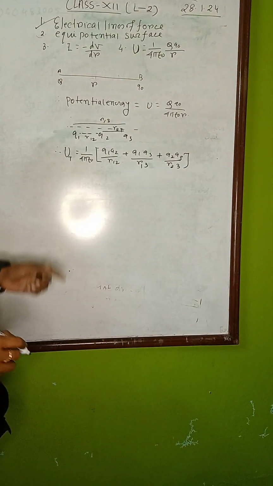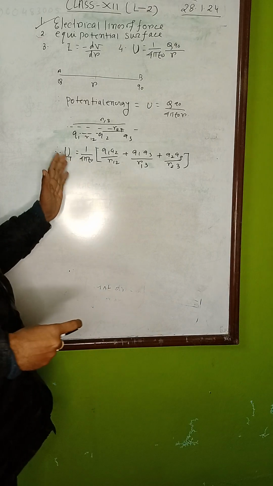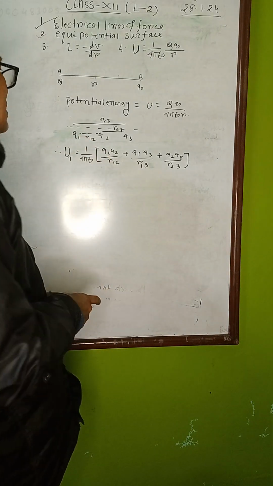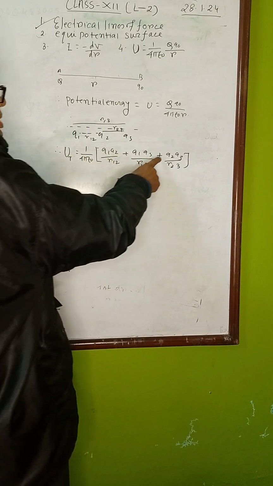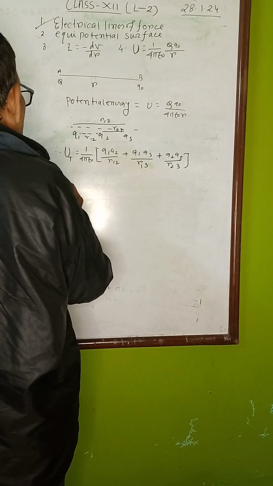That is, you are getting potential energy in terms of charge by pairing Q1 Q2, Q1 Q3, Q2 Q3. Next, I have to derive how